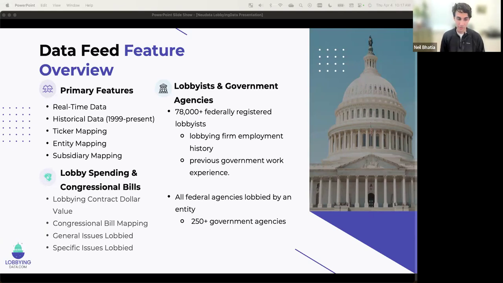and that's why we have clients that are using this for trading, and they're using this for all sorts of investment theses. Especially one that's pretty interesting that I didn't talk about is looking at the individual lobbyists that are lobbying on behalf of their clients. A lot of former Congress people will actually join a lobbying firm and they'll have all these political connections. And so those will be the MVPs in a lobbying contract, and therefore, increase the probability that a company is going to get better results in that case. But yeah, I'll just leave it there. I'm happy to answer any other questions, and we can take it from there.